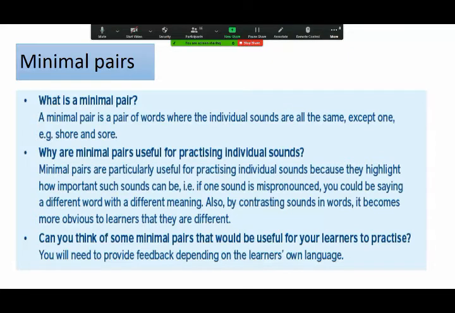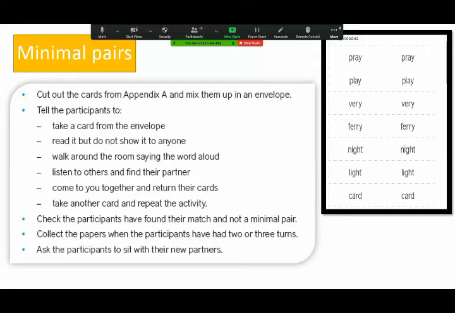Okay, here is a very useful activity that you can do with your students. We have here some cards, as you can see. Okay, here on the right of the screen: pray, play, very, fairy, night, light, caught. Okay, so what you need to do: